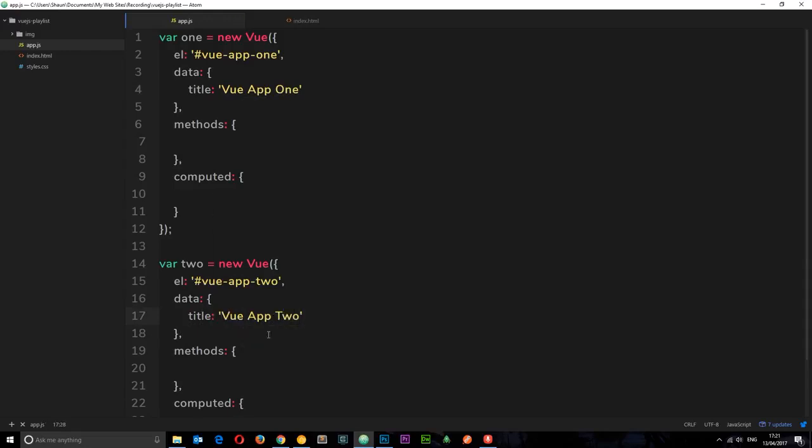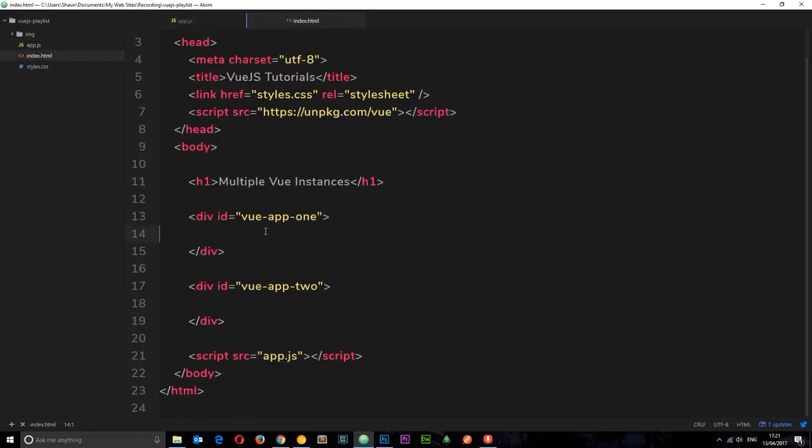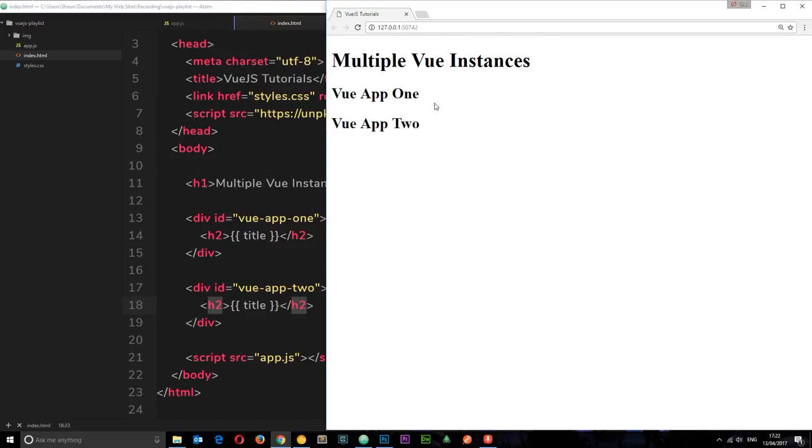So let's output those different titles now in this index file. So if we come under here, we can add, for example, an h2 and say title, and the same goes for down here, title. So let's save that and view this in a browser,